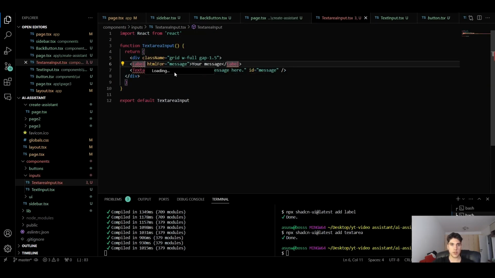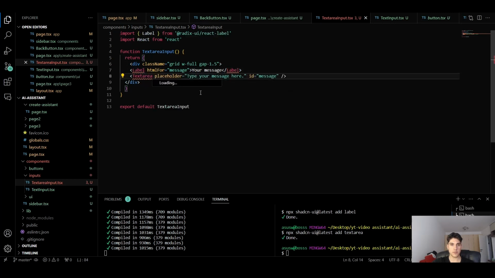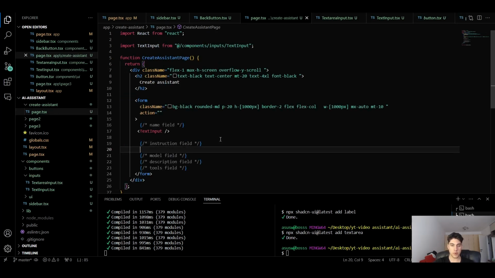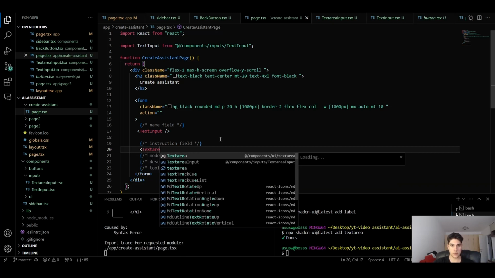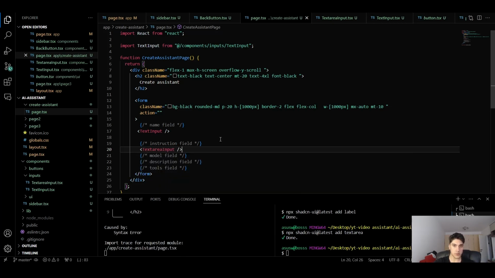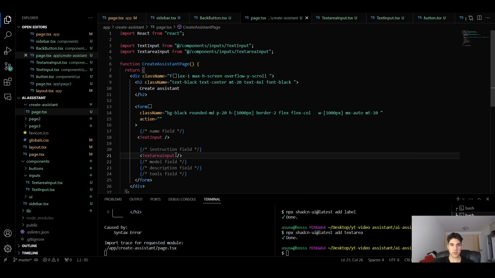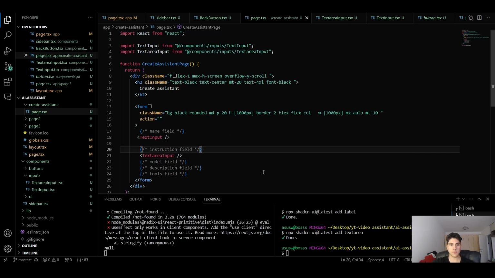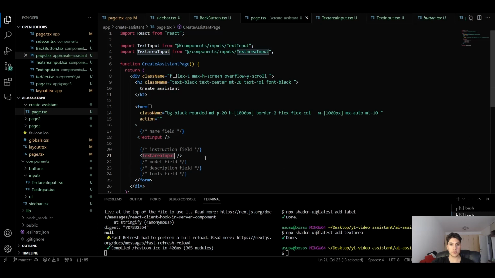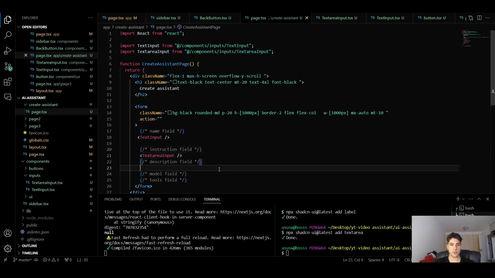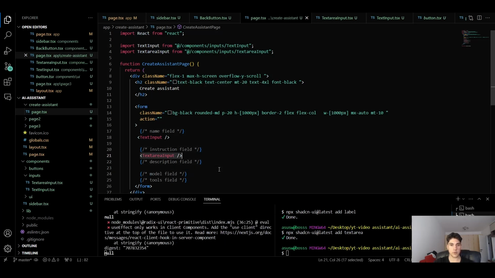Let's import the label and the text area. Now let's import here the text area input. Alright, make sure you import it. But now I want to use the same text area for the description field. For that I'm gonna use the same component,